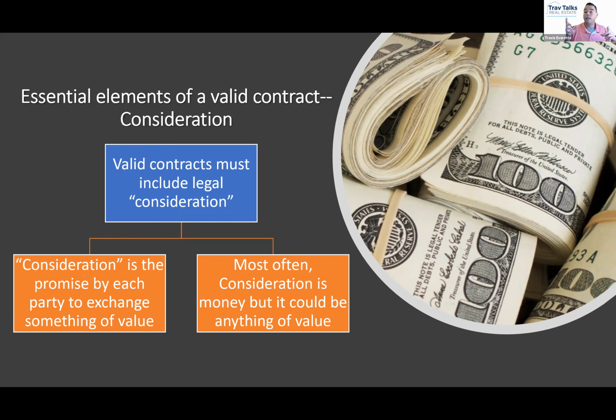But could Jonas say, oh no, Sierra, I insist, I have to pay you at least $1 for that property. Let's write it up that you will sell me the property for $1. Would that make this a valid promise in North Carolina? Yes, because now you have promised to exchange something of value.